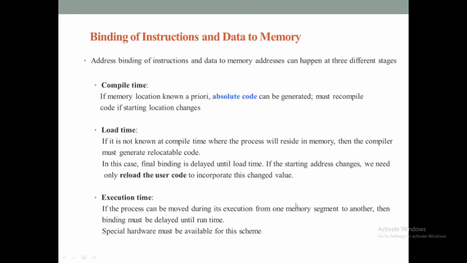Okay, a real life example of this is, for example, if you book a rail ticket and the ticket is confirmed, we will get to know at the time of booking itself what coach is allocated for us and what our seat number is. Okay, that is called compile time binding, where absolute code means we know the exact coach where we are going to go, and we know the exact seat number.